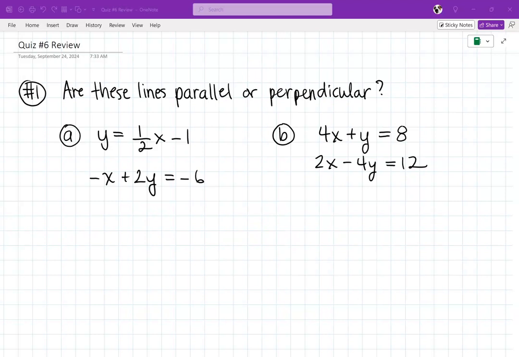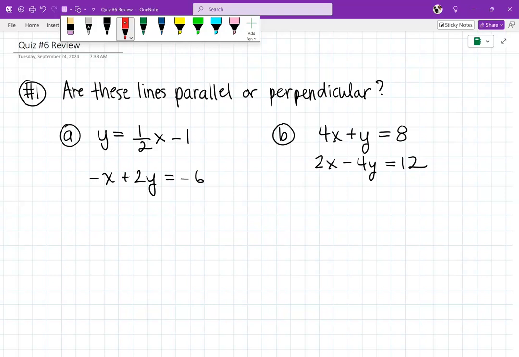All right, so quiz number 6 review. We're just going to basically check to see if these lines are parallel or perpendicular. Okay, parallel or perpendicular. So if they're parallel, they're going to have the same slopes. If they're perpendicular, their slopes will be opposite reciprocals. Okay, so for the first one, part A,